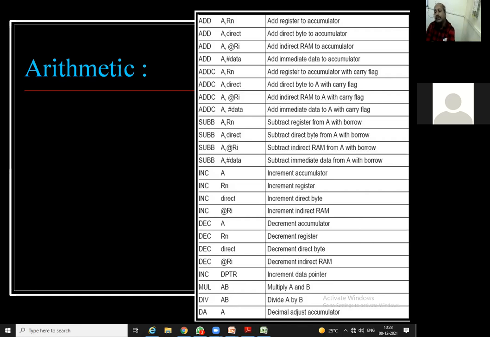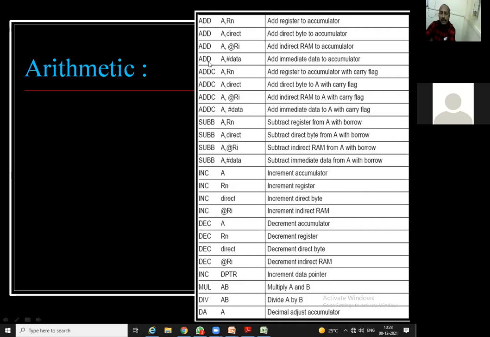But in that also, depending on the applications, they have made different sub-instructions depending on the addressing modes. So if you check this particular slide, I think there are 24 or 25 instructions under this arithmetic instruction. But in that, the first four,